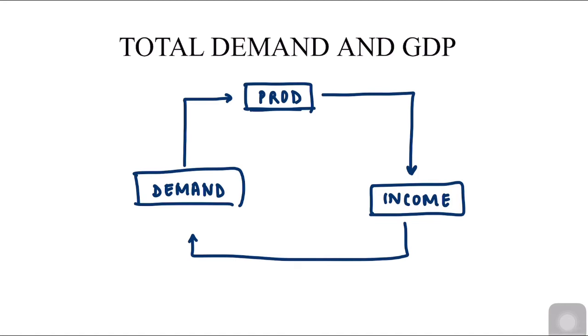So I generated demand for a shoe seller. The shoe seller, when I buy that stuff from him, generates income and then goes on to buy whatever he wants. So you see that there is a circularity between production, income, and demand. Production translates into income, income translates into demand, which further translates into production. So this circularity generates equality as well. So when we're saying that production equals income equals demand,